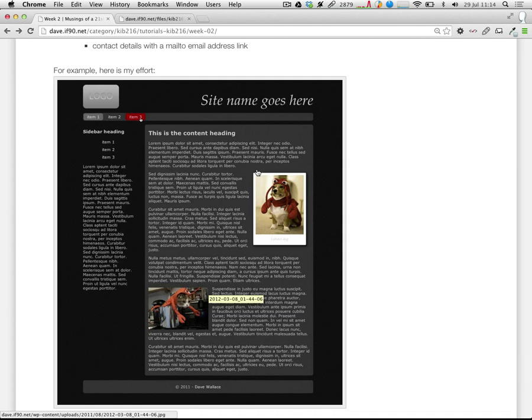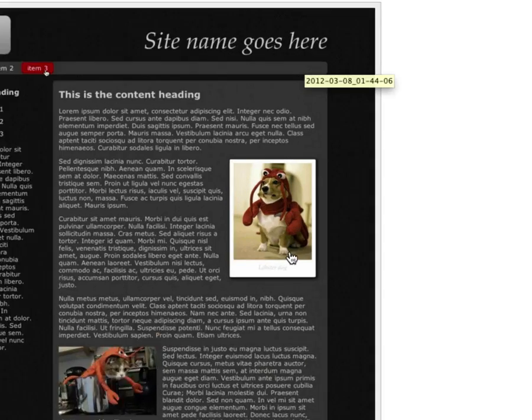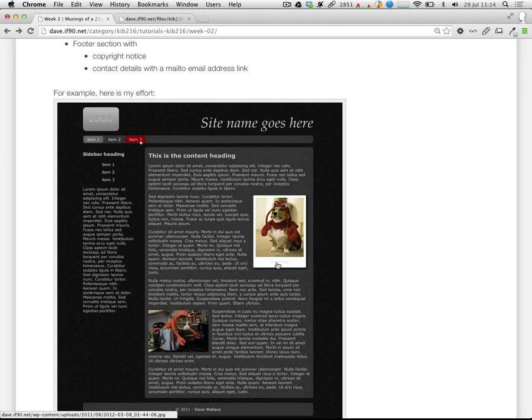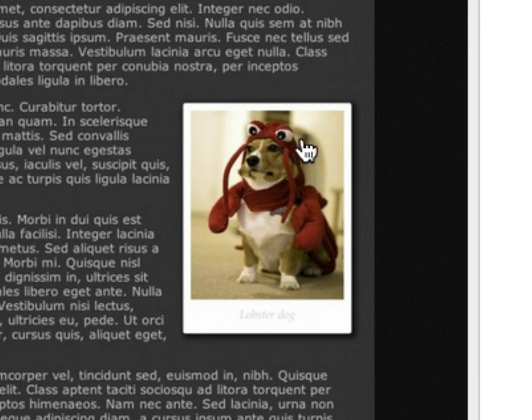I want you to have a right aligned or a right floated image and a left floated image, and I want you to give one of those images a caption, like as shown here. Again, I don't care how you style it, but I want there to be a caption. So that will likely be a div with some sort of styling with an image inside it and then some